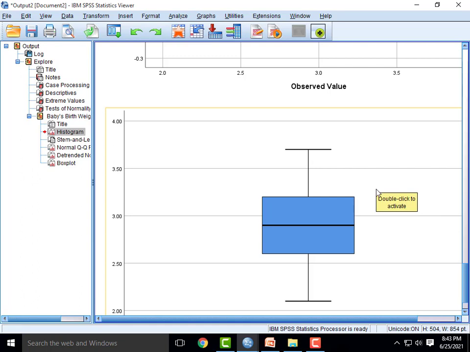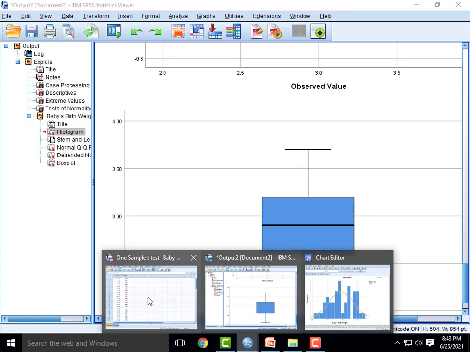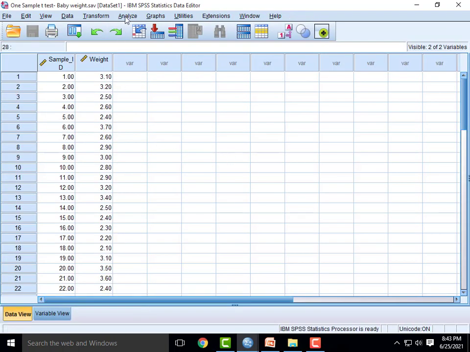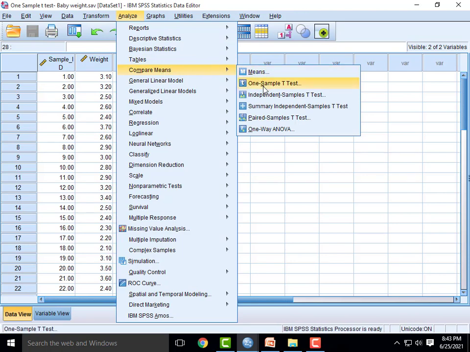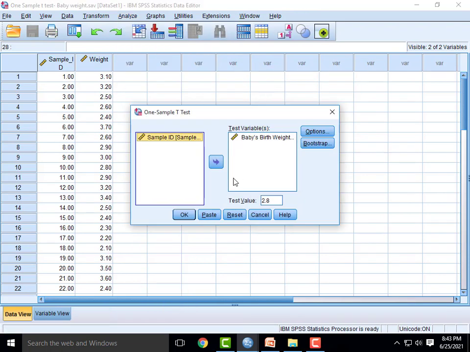Now let us move to the t-test. Go to Analyze, Compare Means, select One-Sample T Test. Move the baby's birth weight to the test variable.